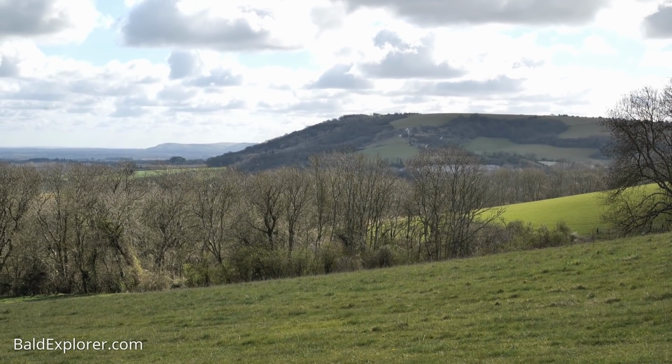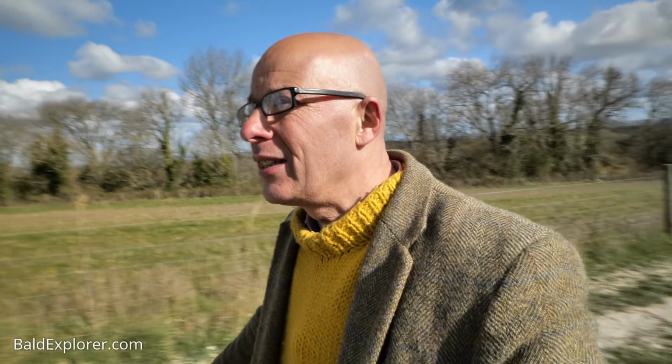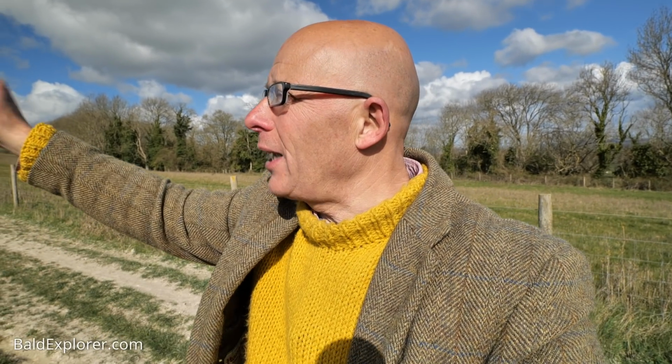I'm not going that way, I'm carrying on west, and I've got to head up this hill, and then at the top of this lane should actually take me to the clump of trees. So that will be a nice easy little walk to do. I haven't parked my car in the best place, or sorry, my van. You can get onto the South Downs Way at the top, and then I could walk back